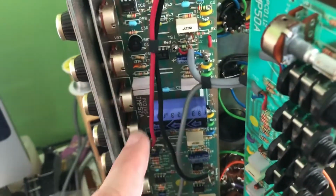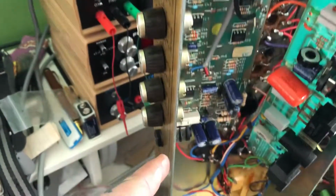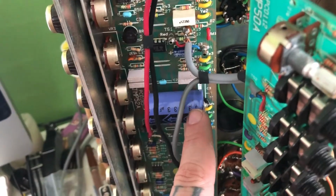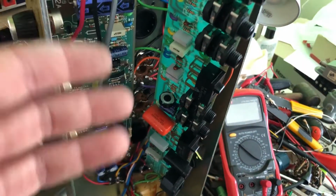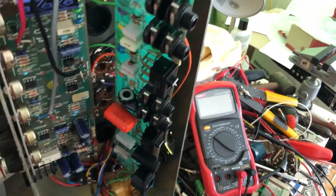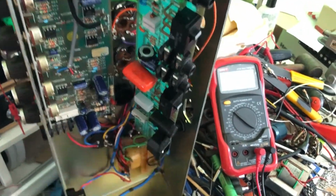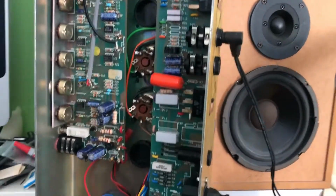Then I'm going to take this board out, which is going to be the fun one because I have to undo all of these. And I'm going to replace this filter cap right here. This was already a working amplifier, so not a lot to do, just more of a maintenance thing. But I did want to replace that cap because, yeah, bodgy. So I went to check the bias on the amplifier and I was getting a pretty bad sort